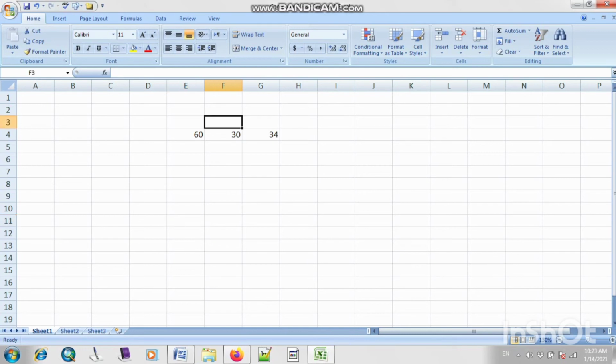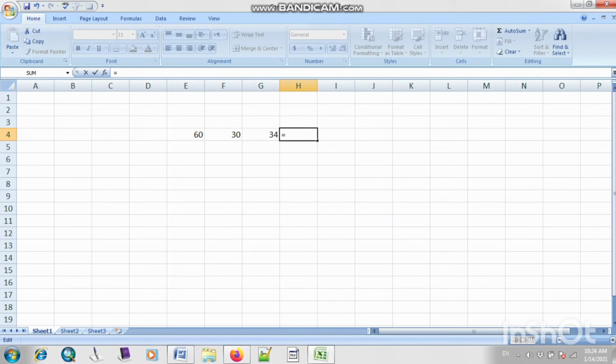Okay, now let me type 2 or 3 numbers. Whenever you have to calculate something with your numbers, you have to insert the sign of equal. So I am typing the equal sign. As you can see, it will also appear on this tab. Whenever you are writing, it will show here, and the address will show here.